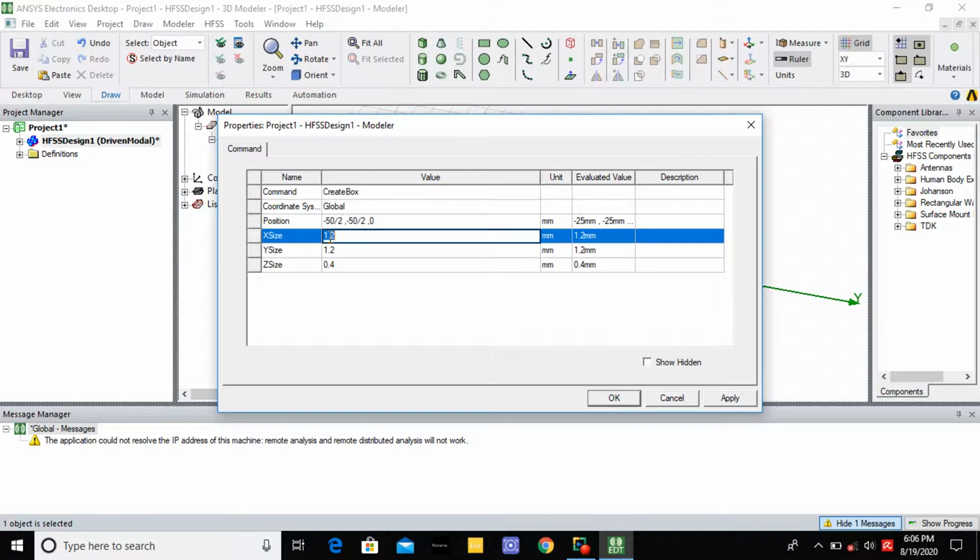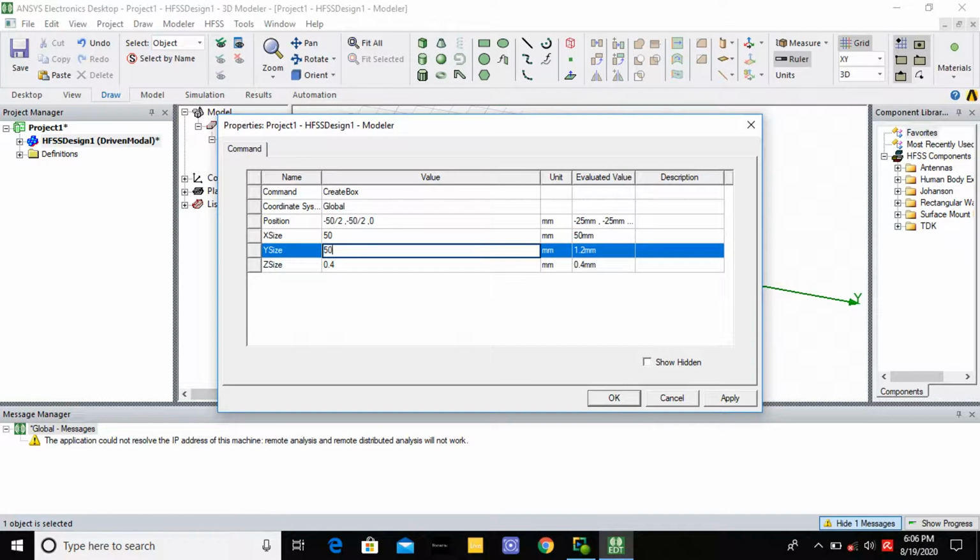From minus 25, the x length is 50, then the y length is 50. Here I am taking the substrate length and width as 50 and 50. I am taking minus to plus, minus side minus 25, plus side plus 25, in between 50 and 50.